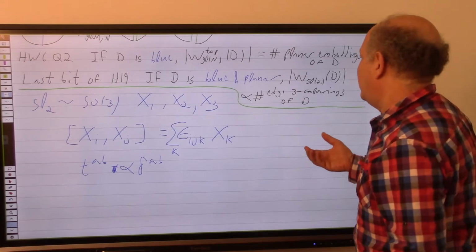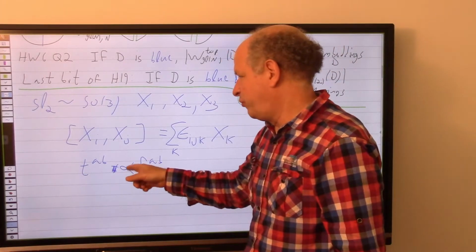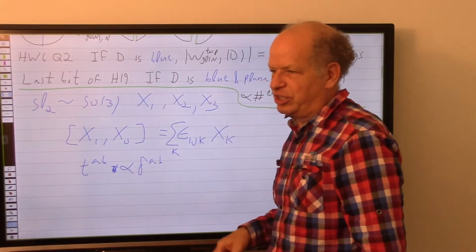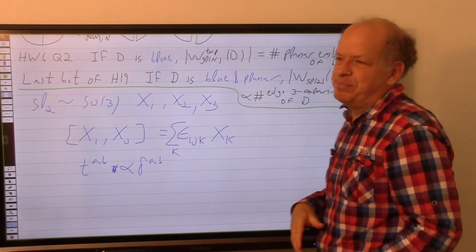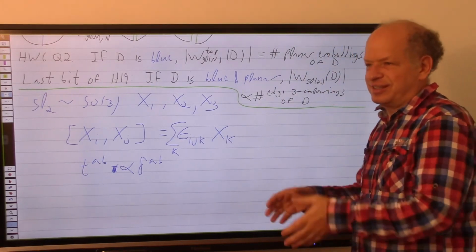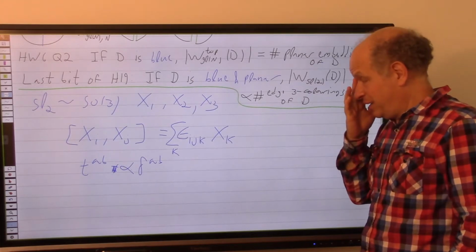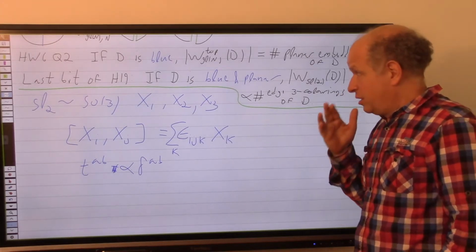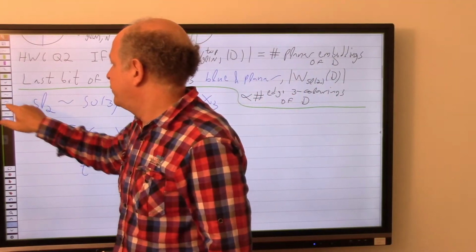Okay, so I really don't care about figuring out exactly what this coefficient is. Maybe I should have just figured it out, and then it would have been simpler. I could just say what it is instead of telling you why I don't care. Anyway, if you have a diagram,